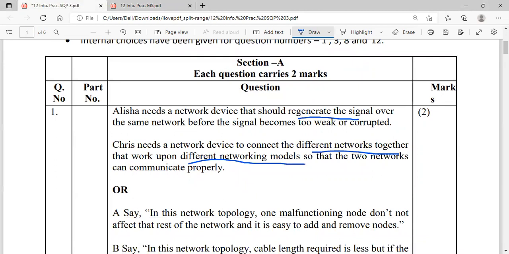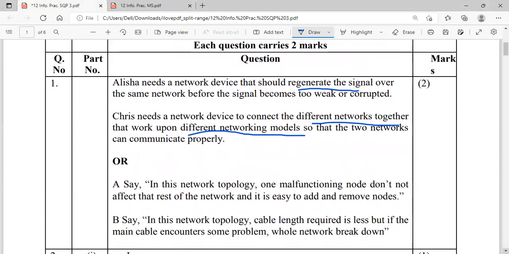Moving to the OR part of question number 1. A says in this network topology, one malfunctioning node does not affect the rest of the network and it is easy to add or remove a node. So it is talking about the star topology. In star topology, you can easily add a node or remove a node. Even if one node gets damaged, it will not affect the entire